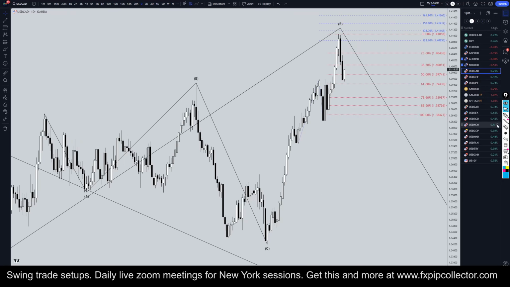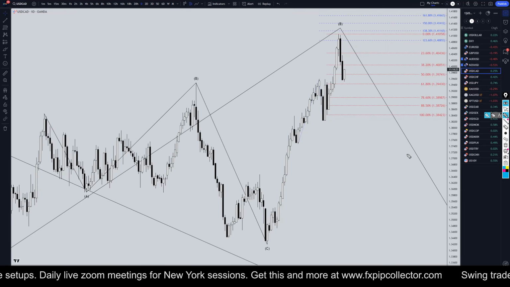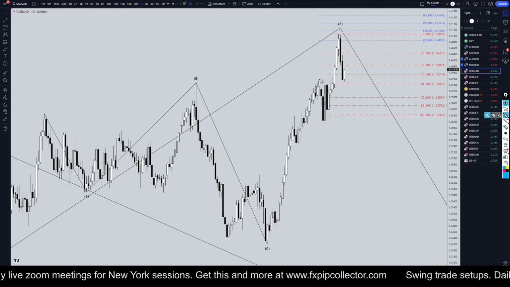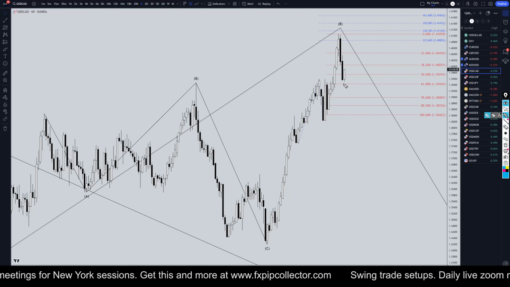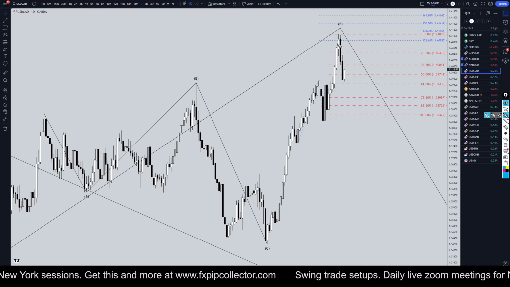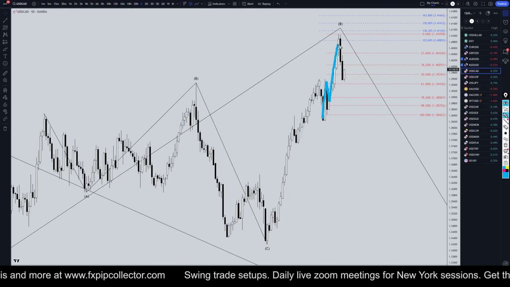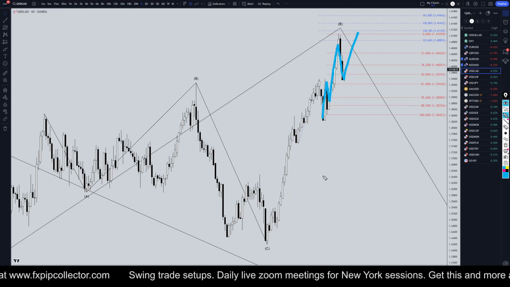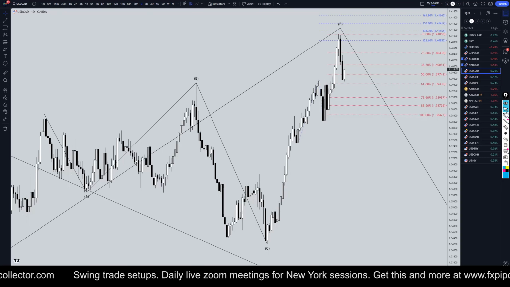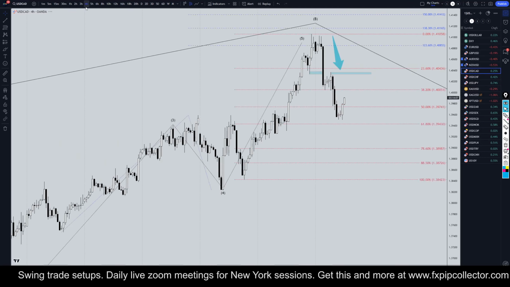On the daily time frame, the trend is definitely still up. We have to keep in mind that there's no break of structure, there's no lower high, there's no reason yet at all to say that this uptrend is over. Honestly, it kind of looks like a 1, 2, 3, 4, and it might even go all the way back up for wave 5. So keep that in mind as you go down, because on the 4 hour time frame,